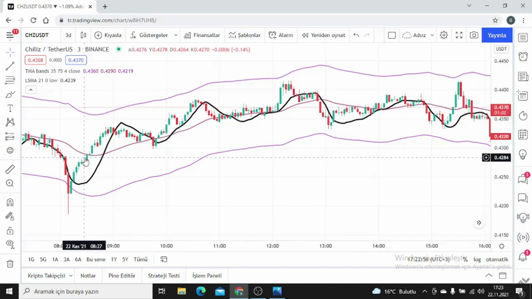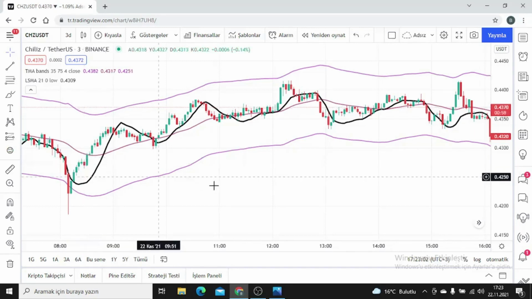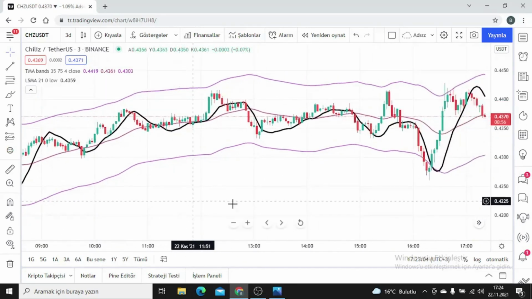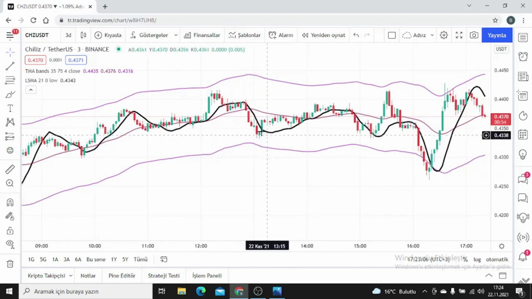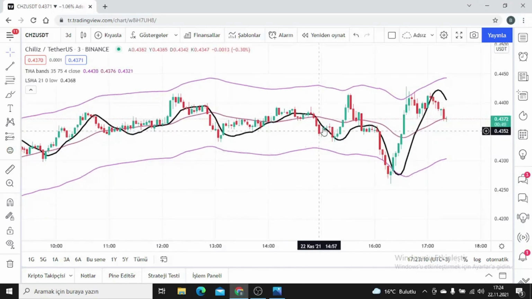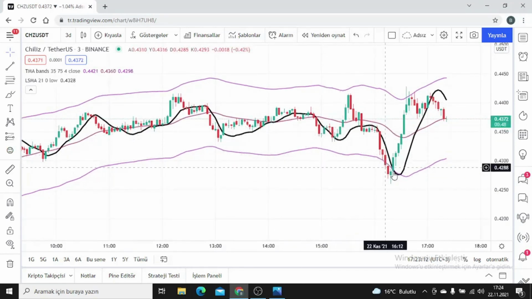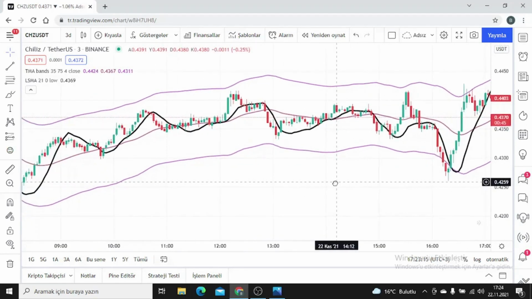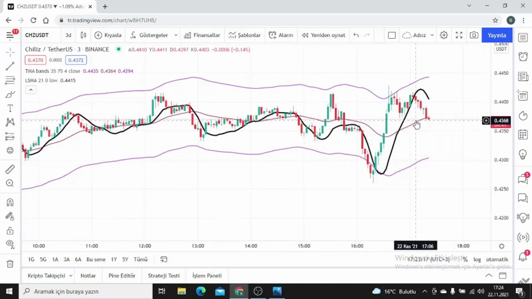For example, we can also use the lines of the TMA here as support and resistance when the price rises above the moving average. So, friends, I opened it up so that we can predict where to sell and where to buy. All that will help us. Now when we look a little bit.